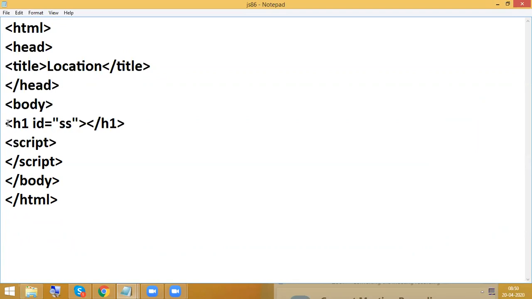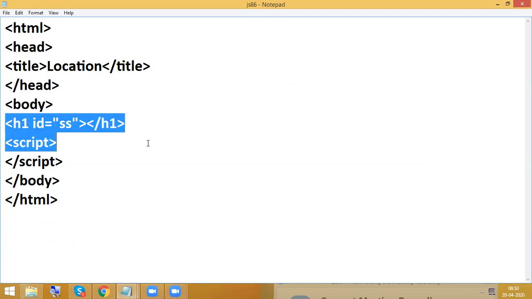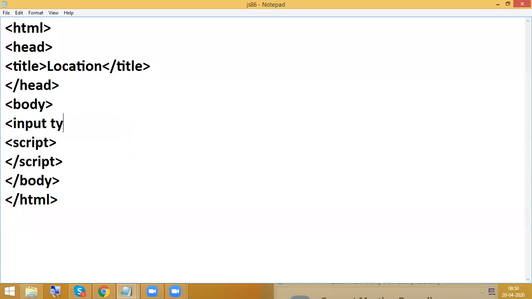So now here, nothing is there. I'm going to load any page or any website. So input type equal to button. It's a button text. Whenever I'm clicking on this, I'm going to call the ss function.